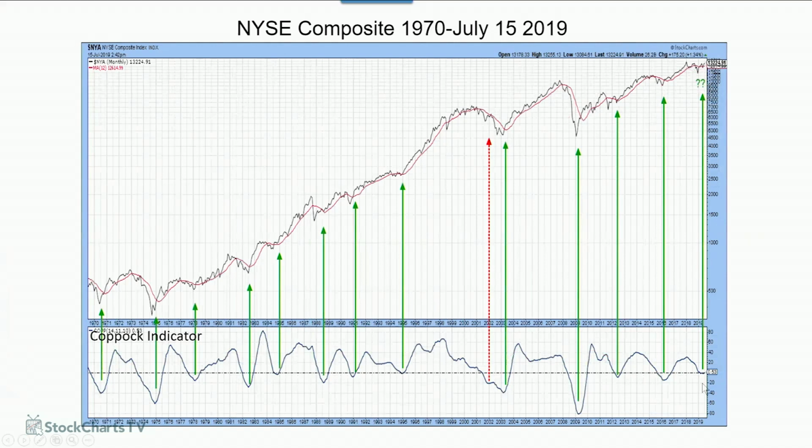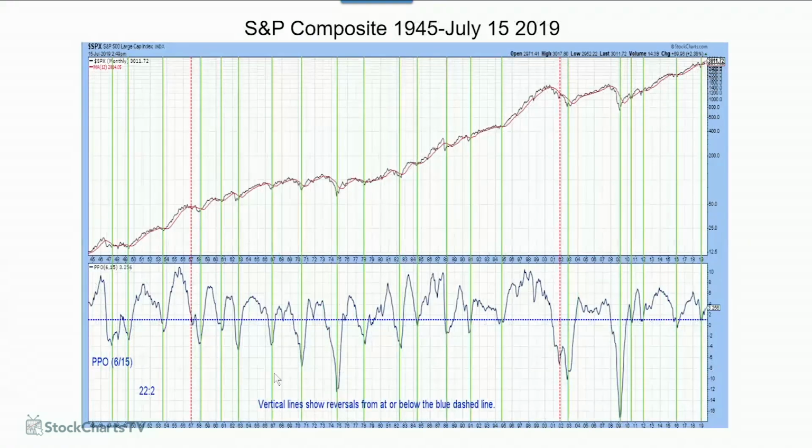But fast forward to the present, it's giving us a buy signal now by ever so gently starting to turn up. So that suggests to me that we don't always take the KST as our lone indicator. That suggests to me that we need to look at some other indicators as well. And a Coppock, which is more sensitive and more subject to whipsaws, I'll grant you, is giving us a buy signal here. And then an even more reliable indicator, I think, is this PPO, using a 6-month and a 25-month